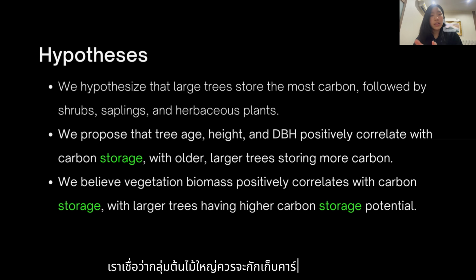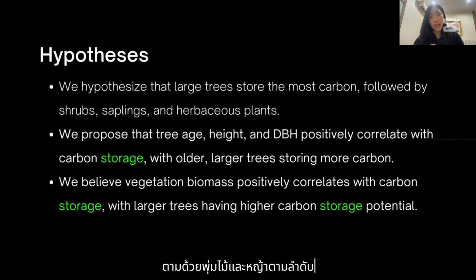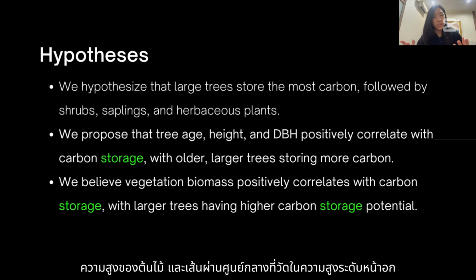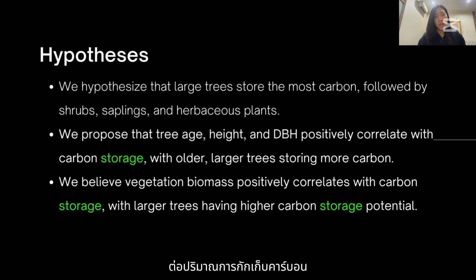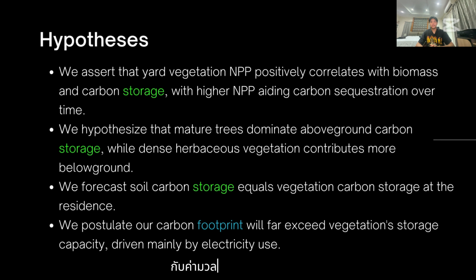We predict that large trees store the most carbon, followed by shrubs, saplings, and herbaceous plants. We also propose that tree age, height, and diameter positively correlate with carbon storage. We believe that vegetation biomass positively correlates with carbon storage. We propose that net primary productivity, or NPP, of the vegetation in our yard is positively linked to its biomass